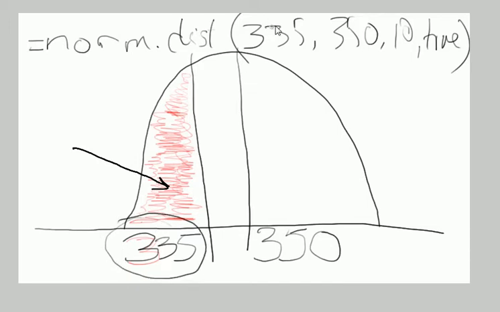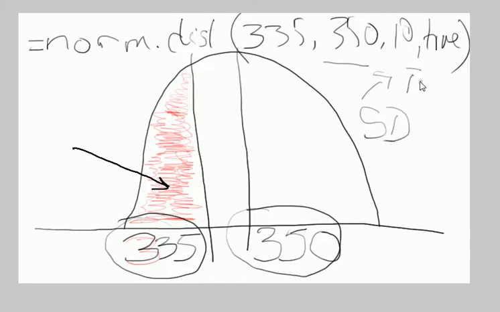So it's below 335. The mean is 350, which we have here. The mean runs right through the middle. And then the standard deviation, which will be given in the question. And for these questions, we always put TRUE, T-R-U-E. The answer that comes out from Excel, I forgot what it is, 0.00 something like that, is this